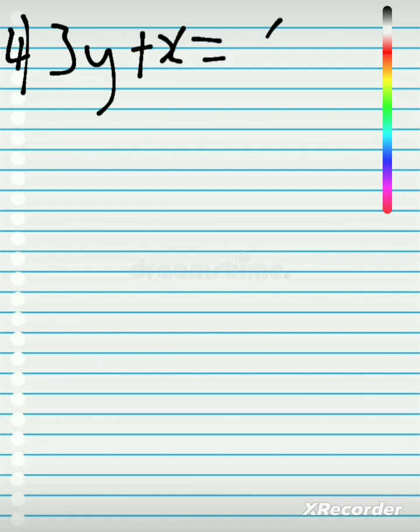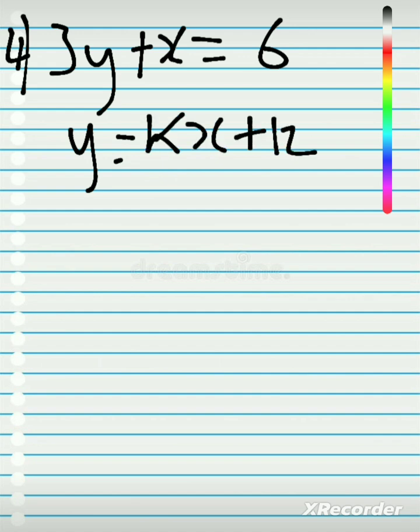We got question 4. Question 4, they had given us two equations. The first one was 3y plus x equals 6. The second one is y is equal to kx plus 12. So they are saying we find the value of k if these two lines